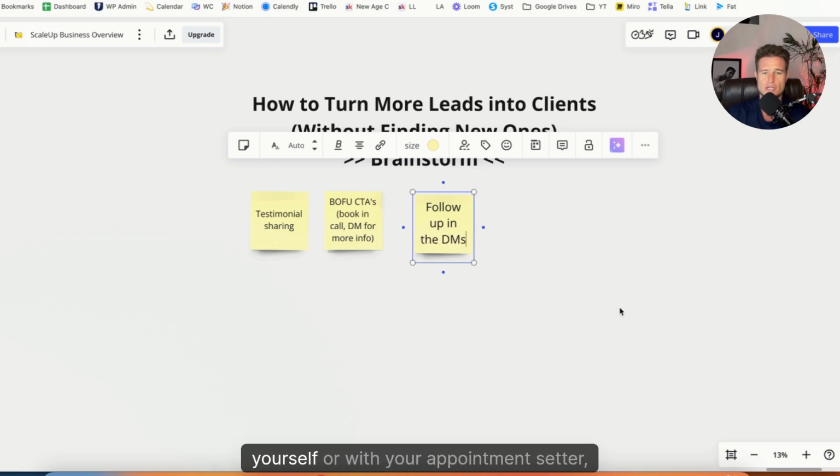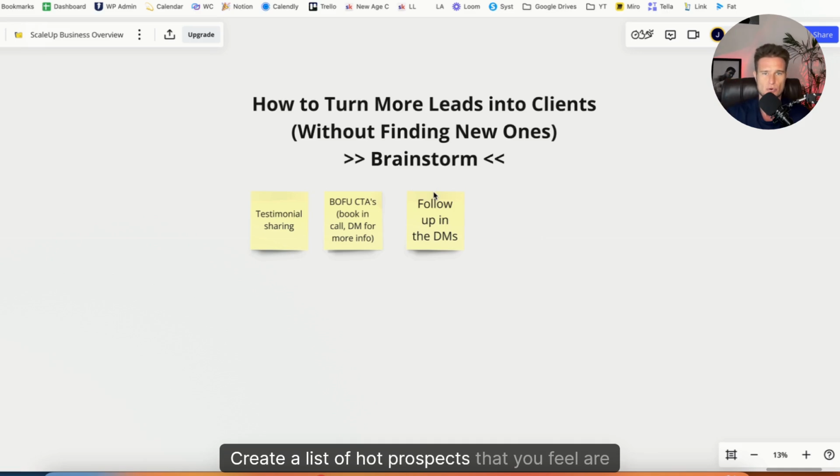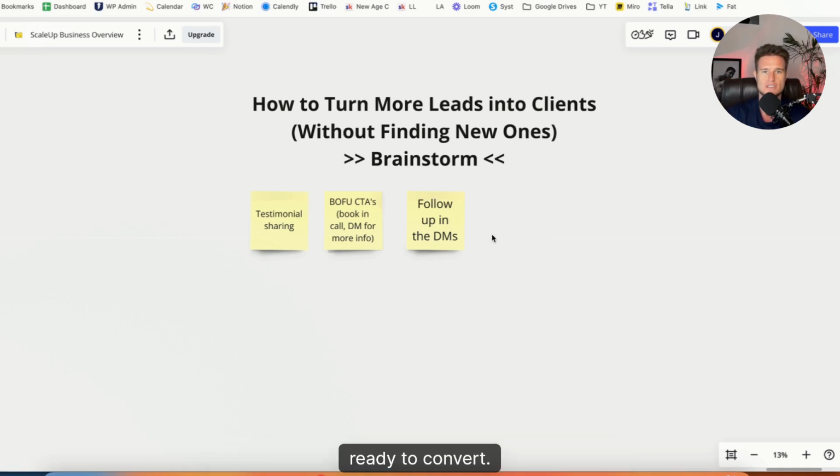If you're still doing this yourself or with your appointment setter, create a list of hot prospects that you feel are ready to convert. Reach out to them, go deeper into your inbox, make sure you follow up. Money is in the follow-up, guys. Just go in and say, hey, John, been scrolling through my inbox. It's been a while since we last spoke. How are you doing? Are you still struggling with ABC? Also to your